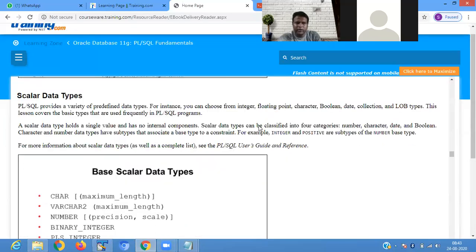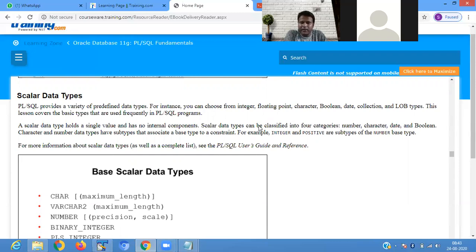PL/SQL provides a variety of predefined data types. For instance, you can choose from integer, floating point, character, boolean, date, collection, and LOB types. The scalar data type holds a single value and has no internal component. It holds only a single value.